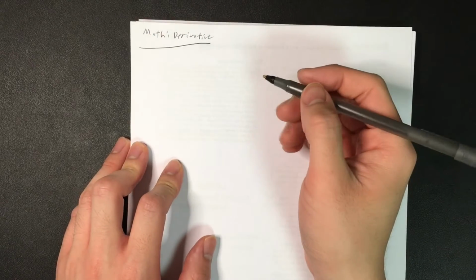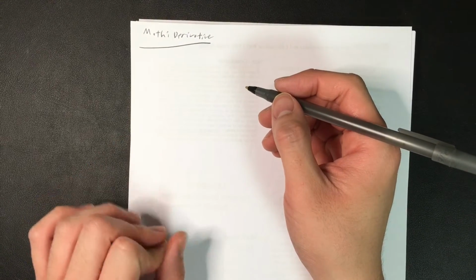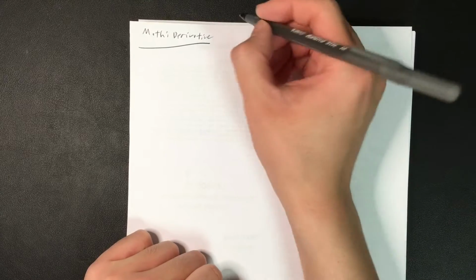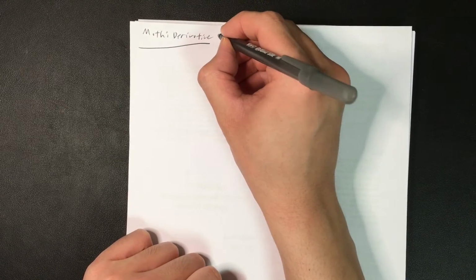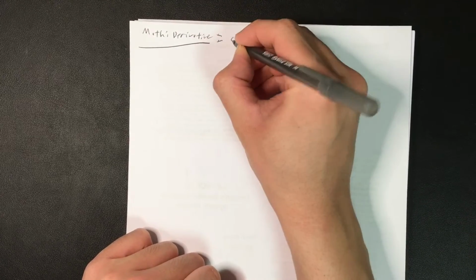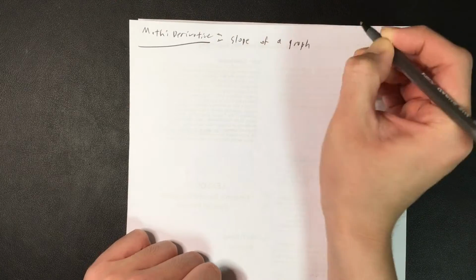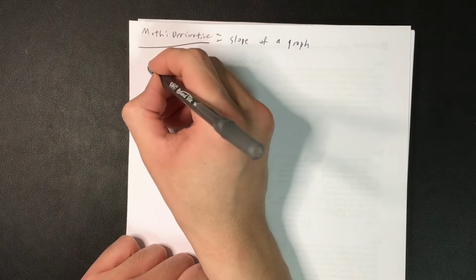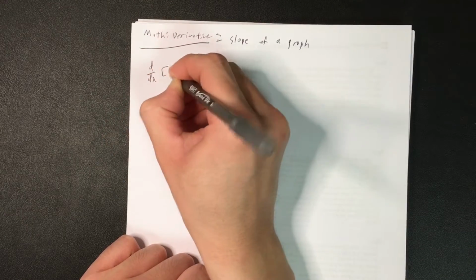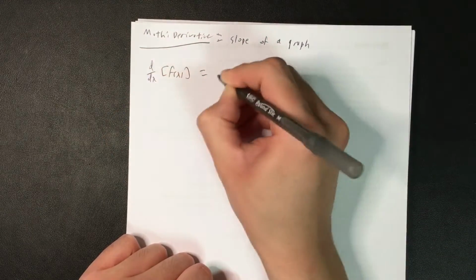So in this video, I would like to talk about derivative, which is one of the most important mathematical techniques that is heavily used in physics. So derivative equals getting the slope of a graph. And the formal definition of derivative is d dx of the function f of x,